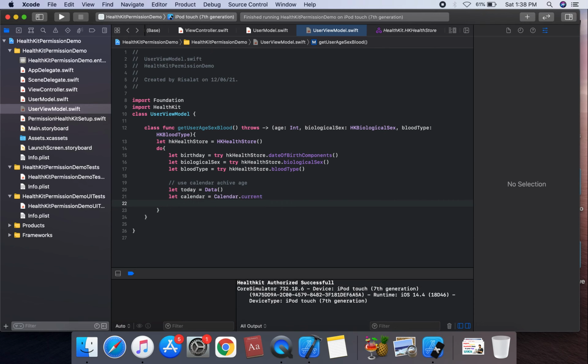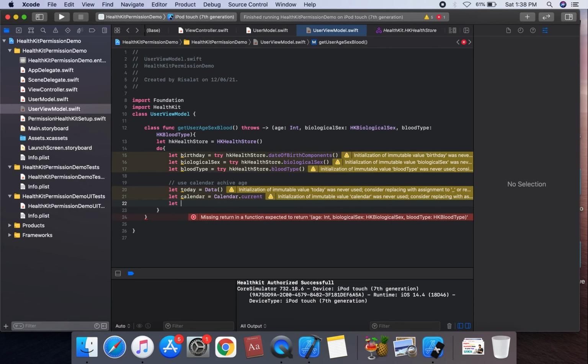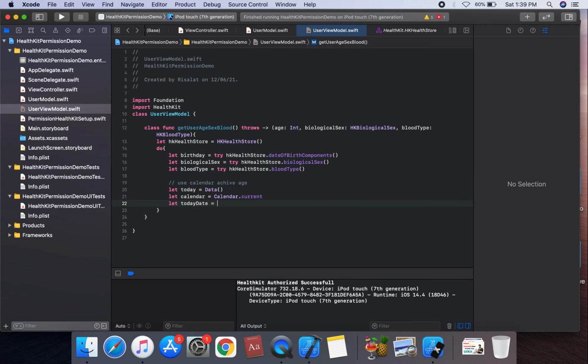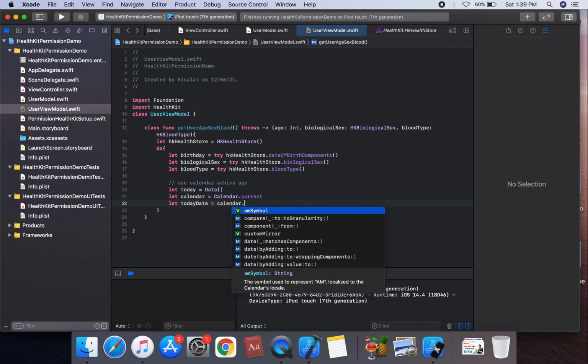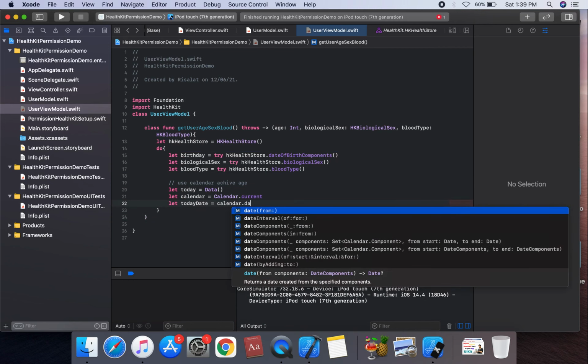So we can achieve this today date component. Let today date is equal to our calendar and date component,